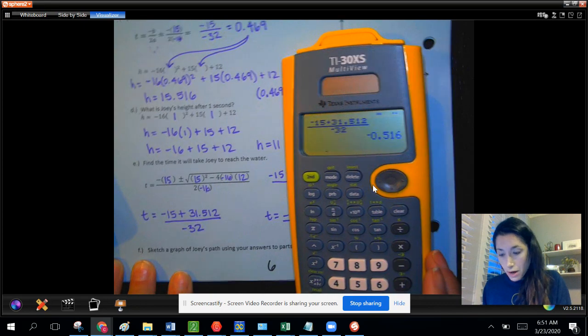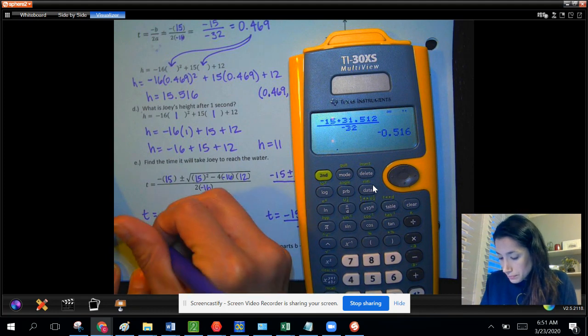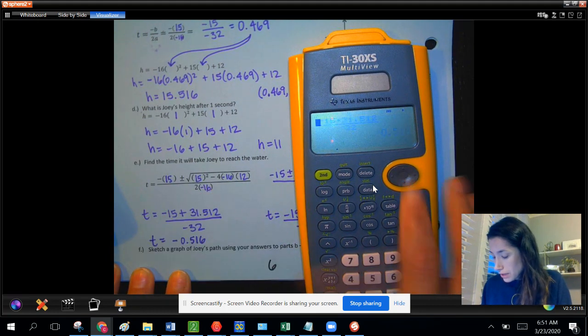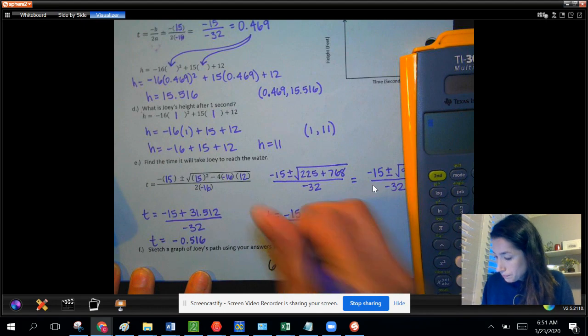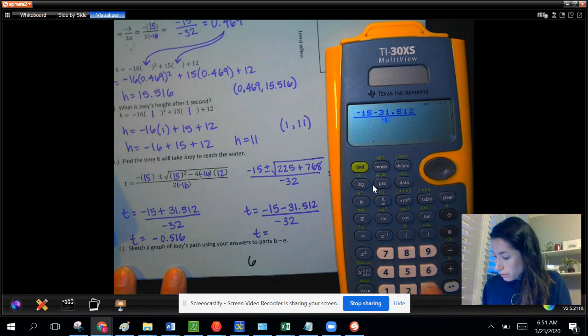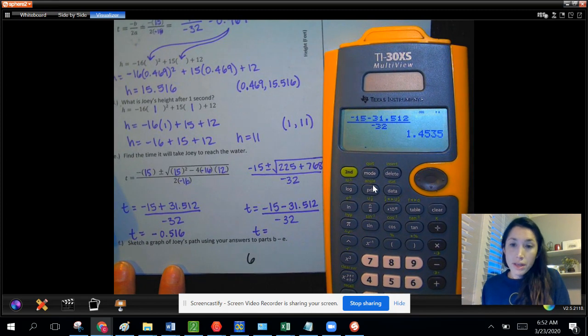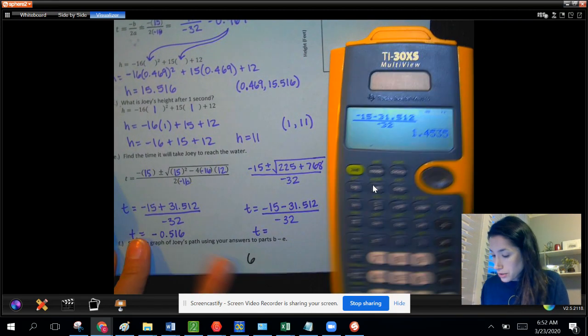So this will simplify to a height of that's negative. So we'll talk about that in just a moment. Or a time that's negative, rather, sorry. And then our time here, set up our fraction, negative 15 minus 31.512. That's going to be all over negative 32. Okay, so the time is 1.454. We'll round that to